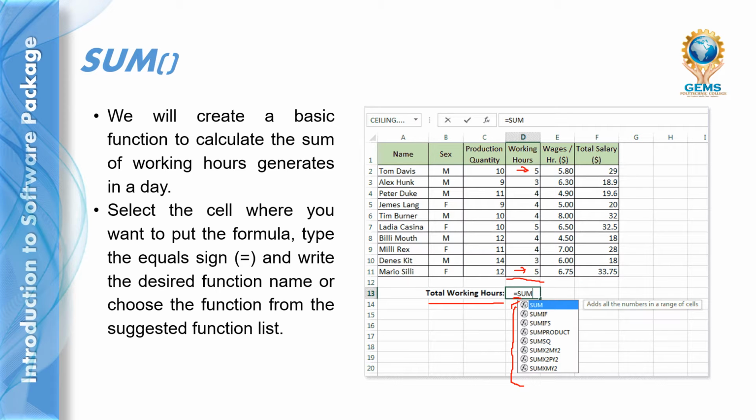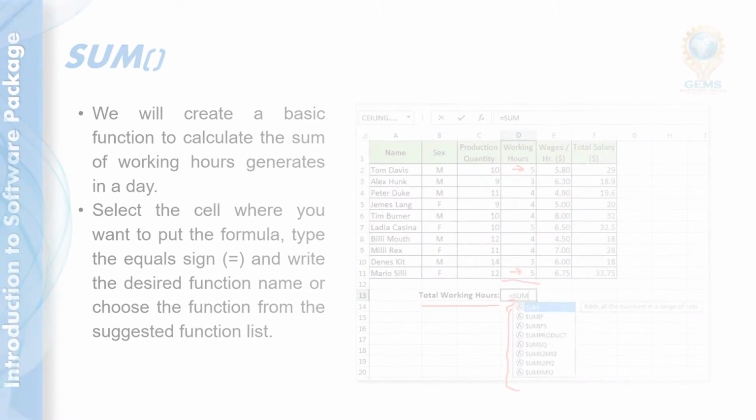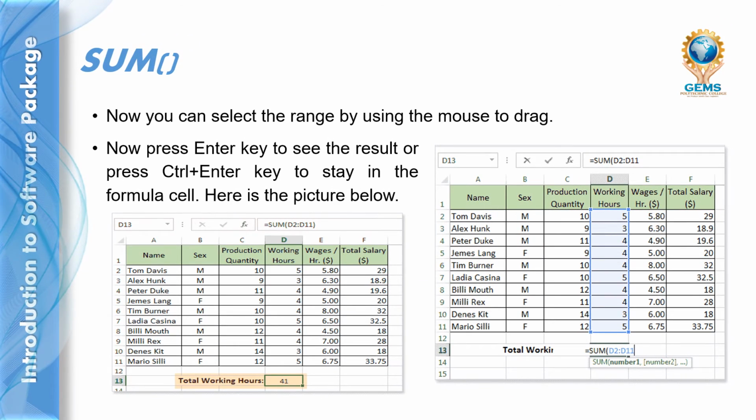We will see the next image, which shows this clearly. Select the range by using the mouse to drag, D2 to D11. So the formula is equal to SUM of D2 colon D11, that is SUM of number 1, number 2.